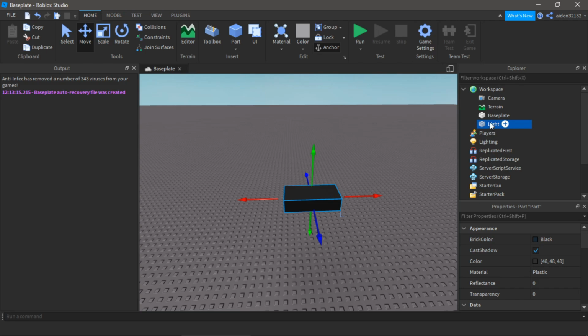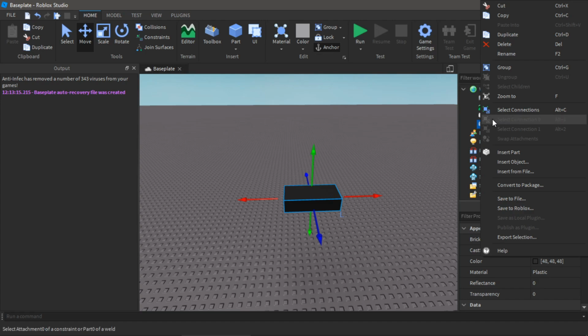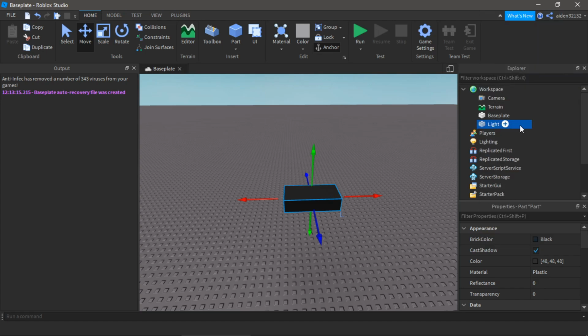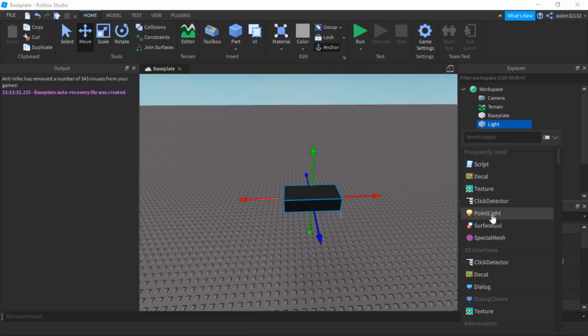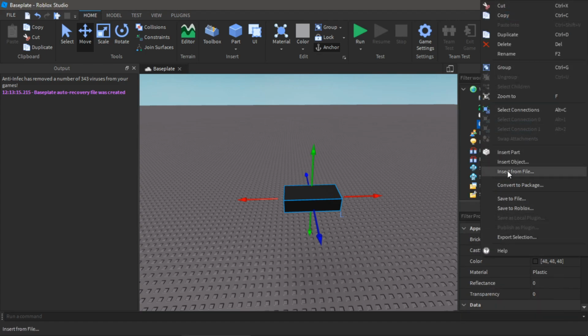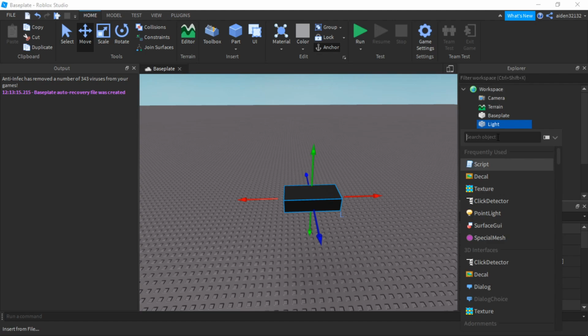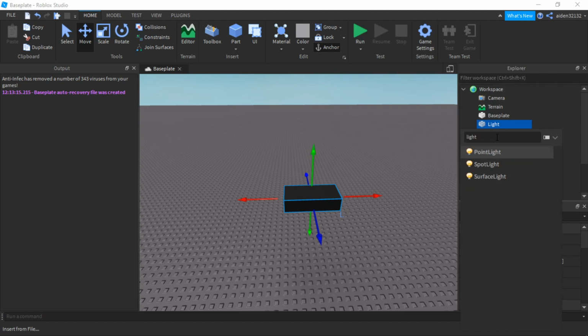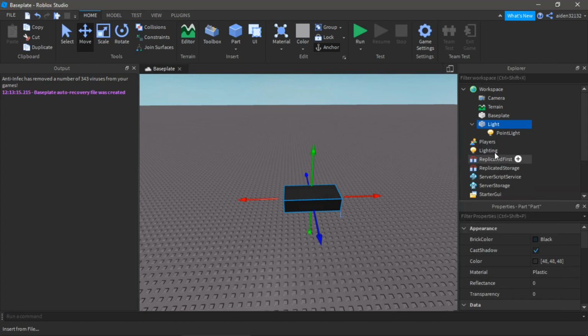So first thing we're going to want to do is insert a light. So right click, insert object, or if you see this plus icon, go ahead and click that. I'll show you the insert object, it's the same thing. And type in light. I totally spelled that wrong. So type in light. Now there's point light, spotlight, and surface light. You can do any of these. Point light